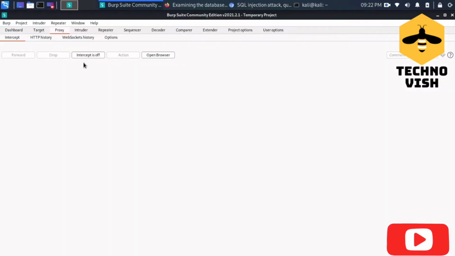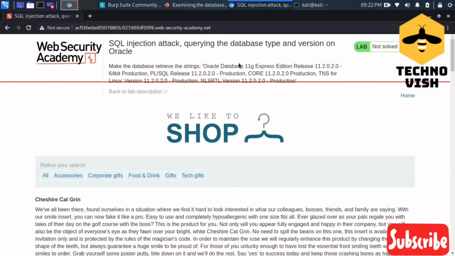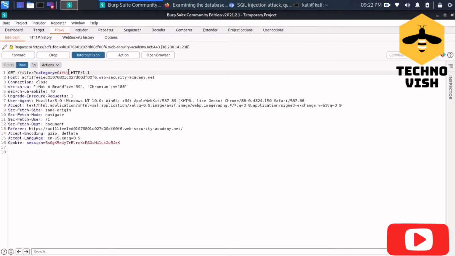What I will do is I'll just turn on the intercept, and intercept the gift category, and what I will enter here is union select ABC. I'll not take it as null since it's common. They already told there are two parameters, so I'll just enter like this.